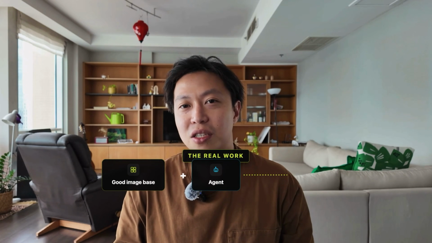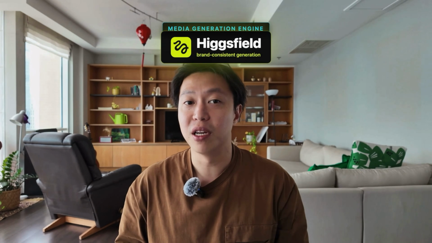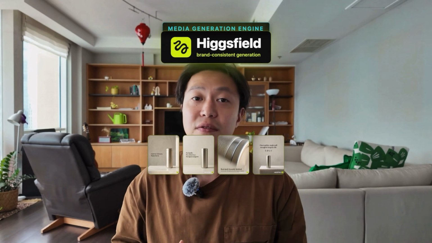Because here's the thing that most people get wrong. The AI isn't the hard part. Having a good image base and wiring up an agent to the right media generation model is the trick. The media generation engine we're using today is Higgsfield, which has a great capability to keep your brand looking consistent across every frame. The same character, the same style, the same look, whether it's static carousel or a full motion